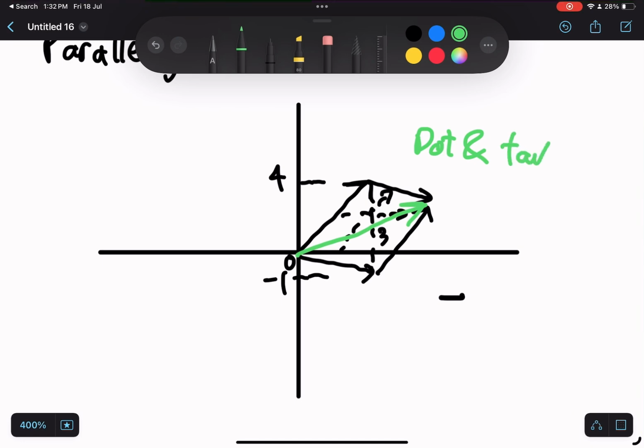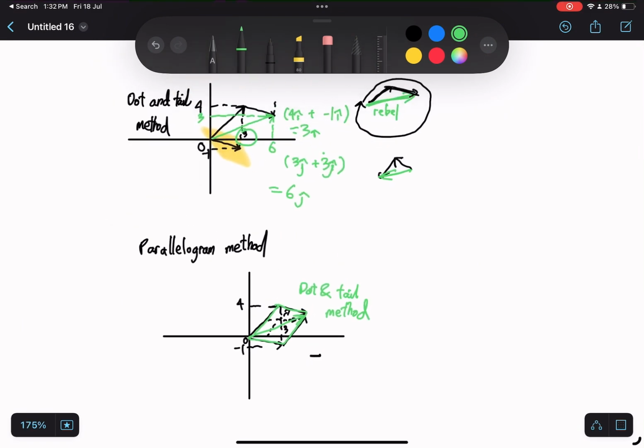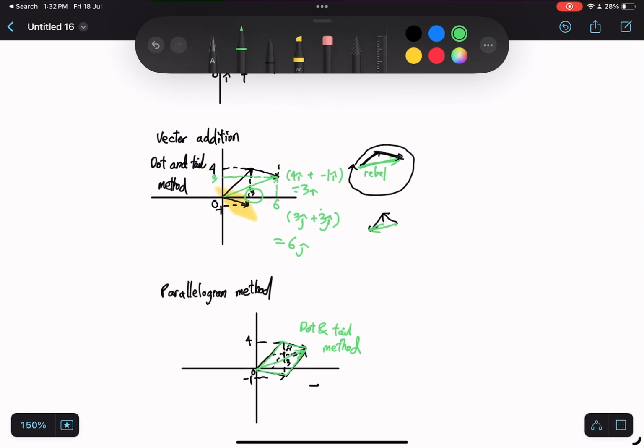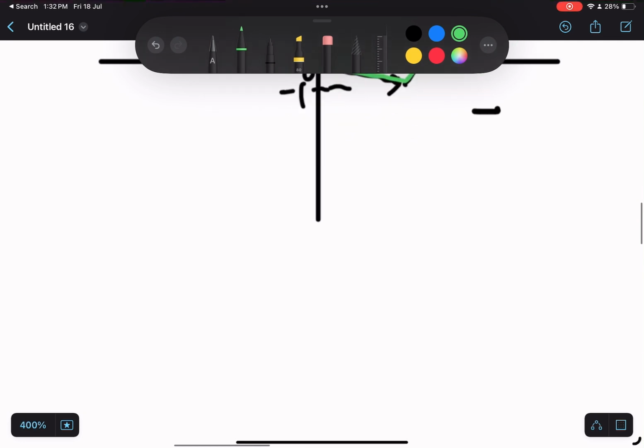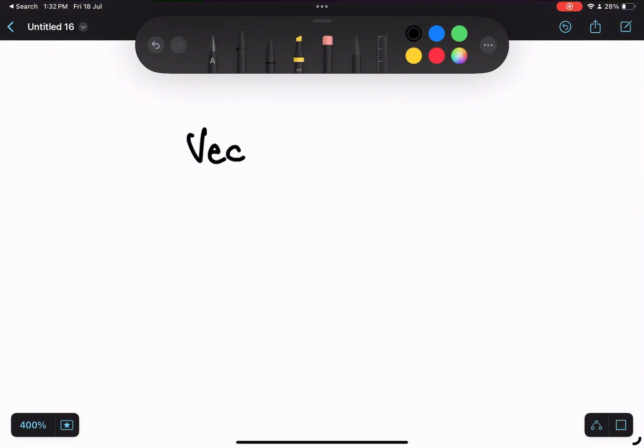This is similar to the dot and tail method, but it might appeal to some other people, or more specifically, as mentioned before, apply to some maths questions, maybe in IGCSE. But overall, this is the essence of vector addition. Now, we should get into its opposite, vector